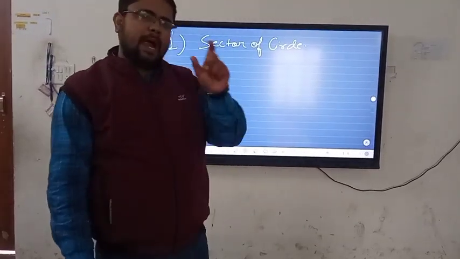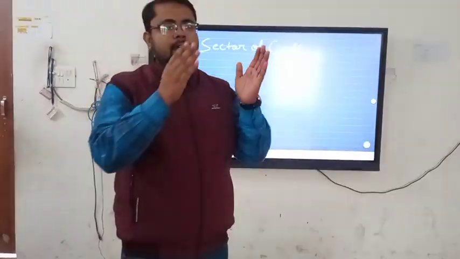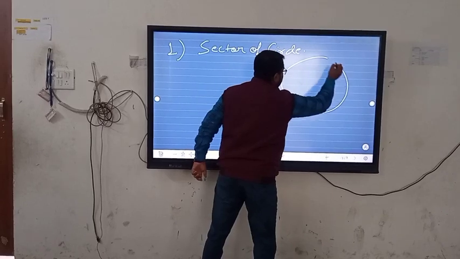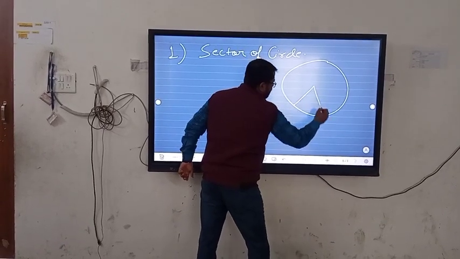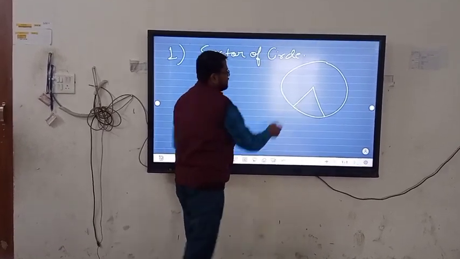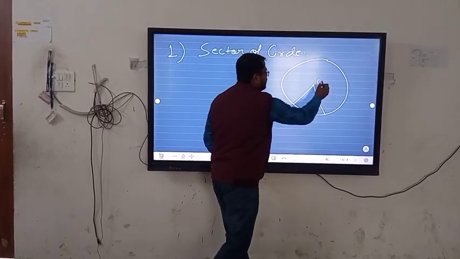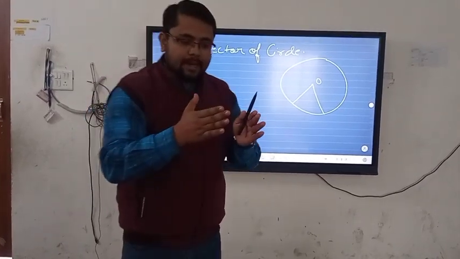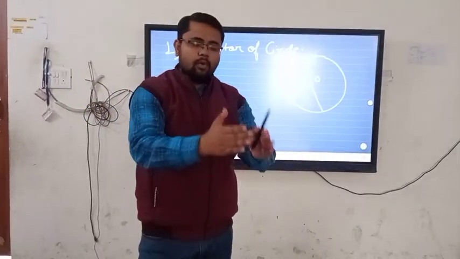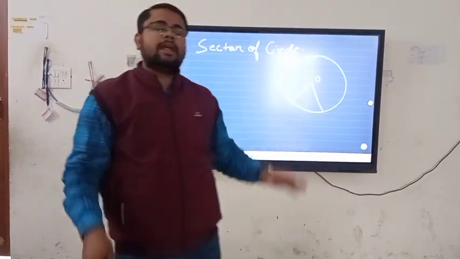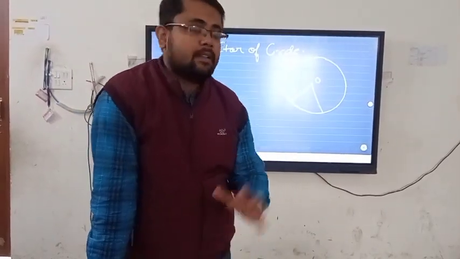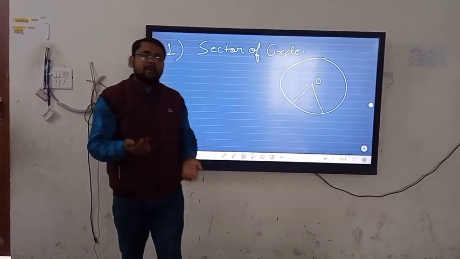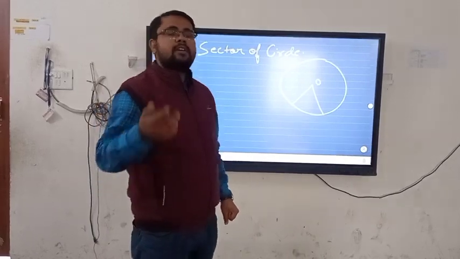Sector of circle is the part of a circle, some part of that circle, just like this is a circle and this is the part of circle. This is a sector of a circle, just like a cake. If you cut the cake, there is a sector, conical sector. We cut out and give to your friends and your relatives the part. That is the part sector of circle. Okay. So then, what is the perimeter of a sector of a circle, and what is the area of sector